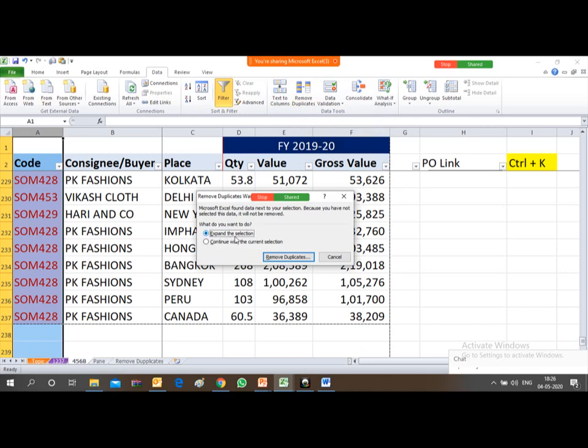Now it will ask: do you want to expand the selection or continue with the current selection? At this moment I am just continuing with the current selection, and pressing Remove Duplicates. As soon as you press this option, it will remove all the duplicates, and only the unique values will remain in the column.